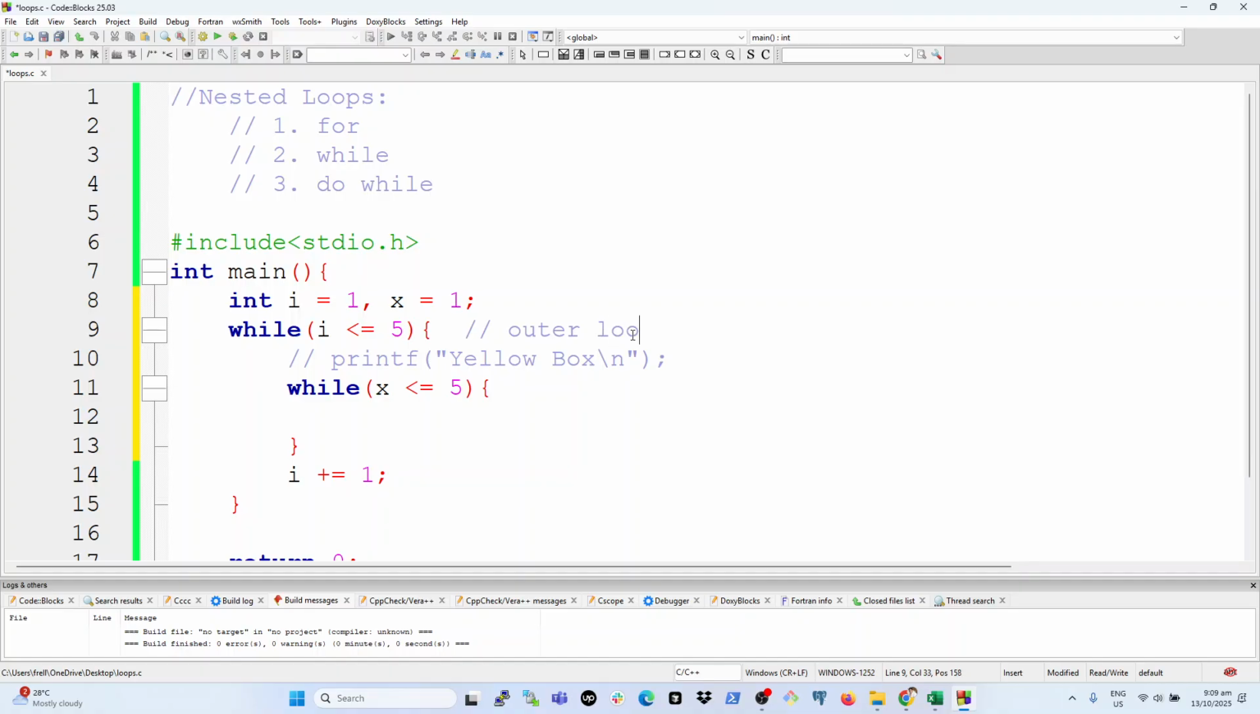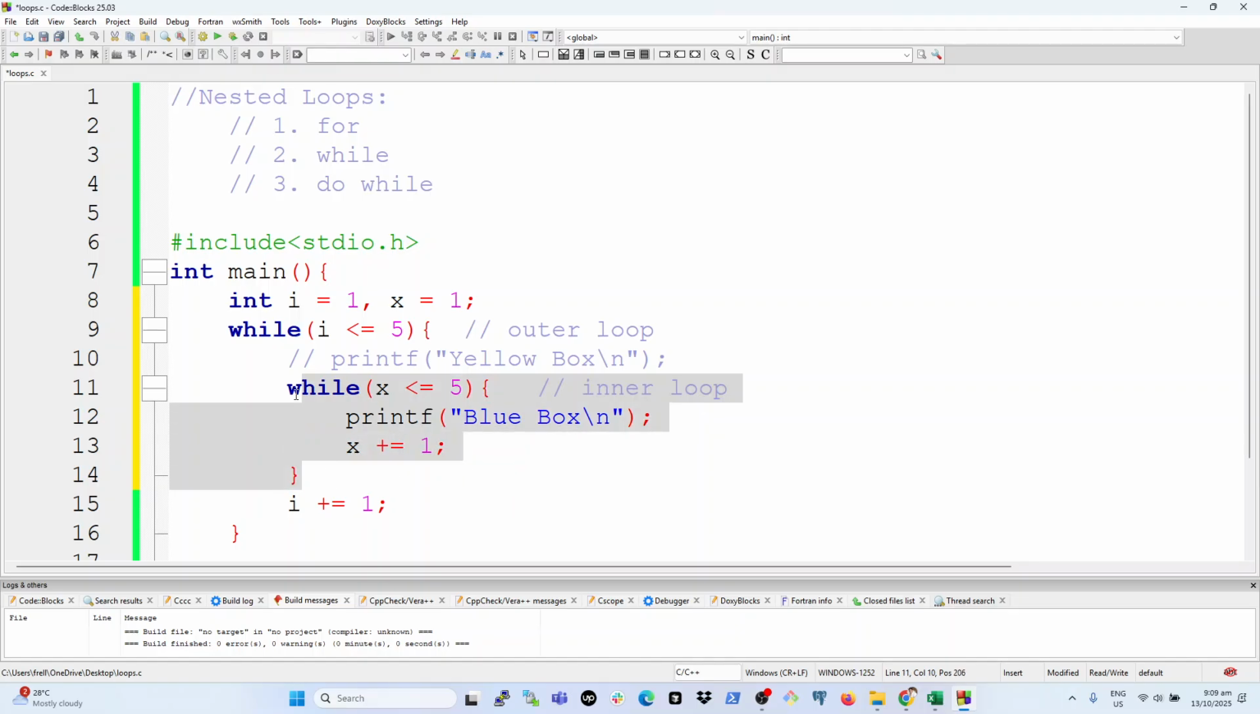Don't forget that for the external loop. And what we have here is the inner loop, right? Our goal is the blue boxes, so we have to print a blue box, right? And don't forget to update this, right? Okay, so we're having a,